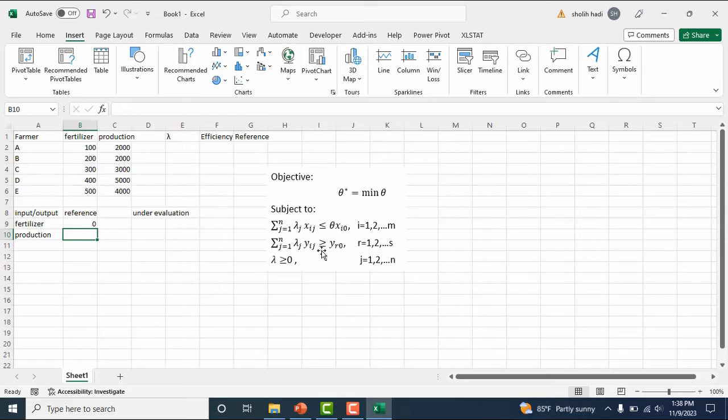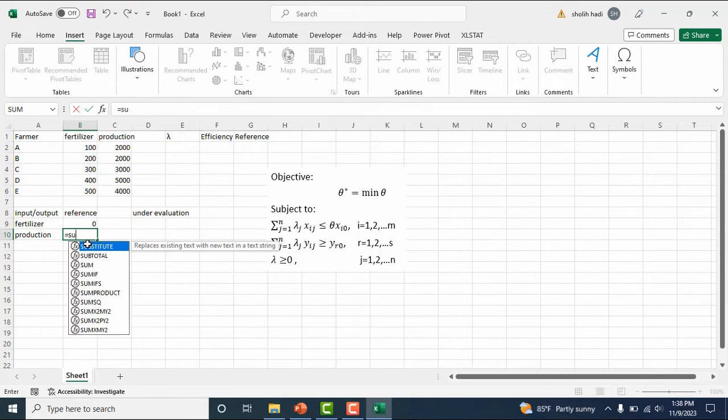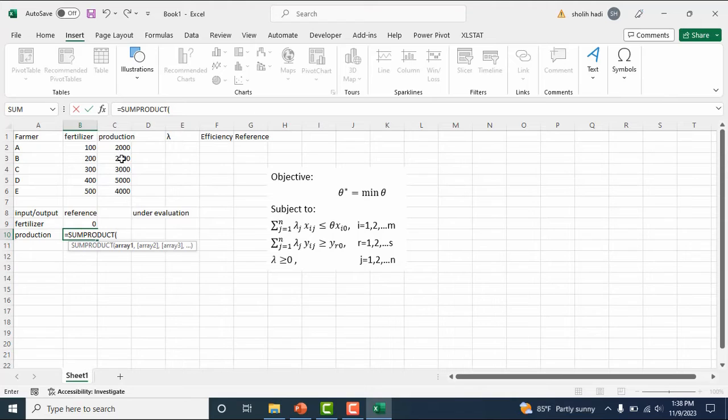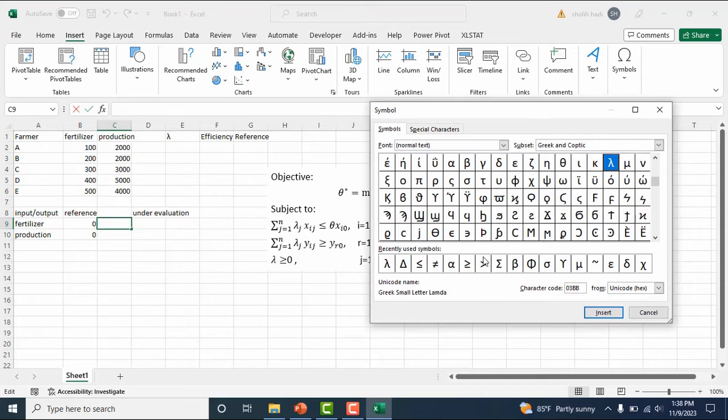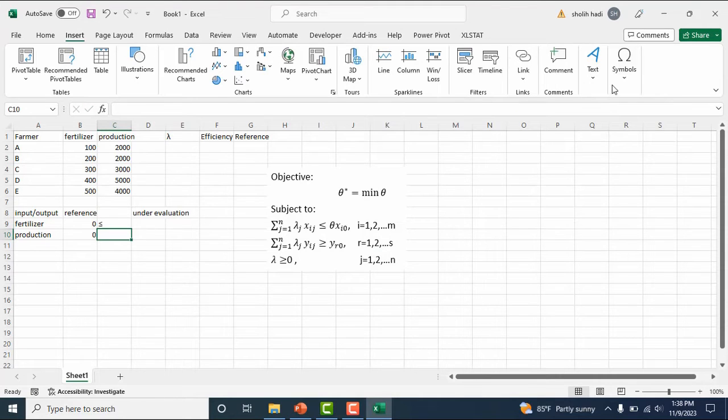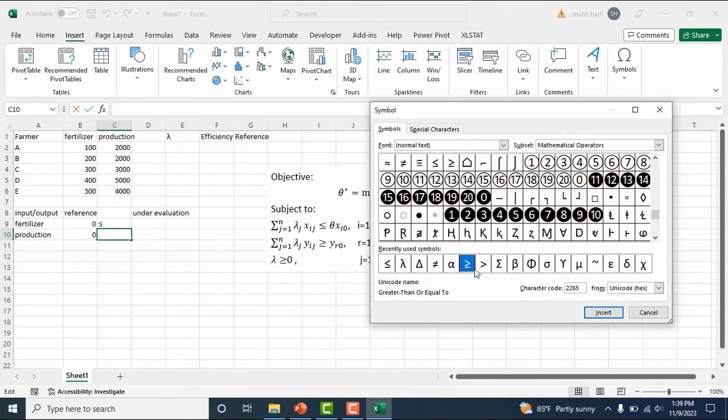This one is the output: the sum product of production multiplied by lambda, and here it is greater than or equal to.